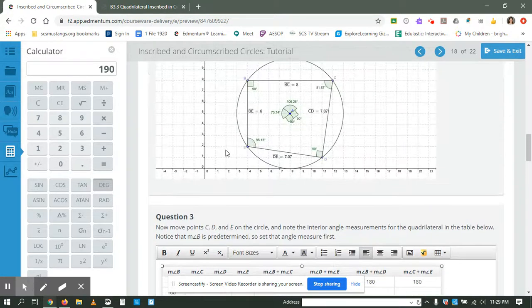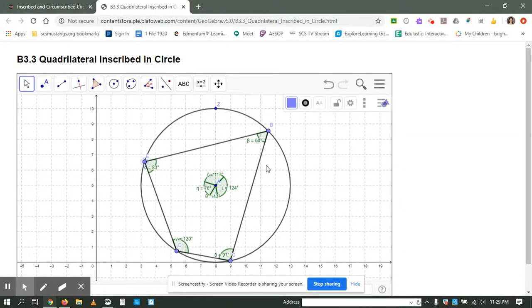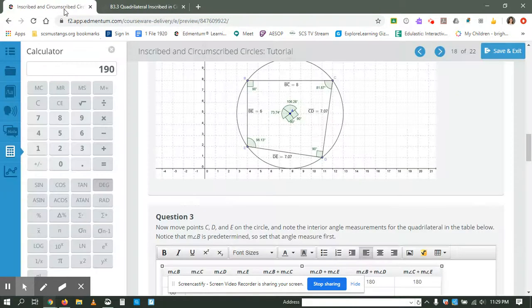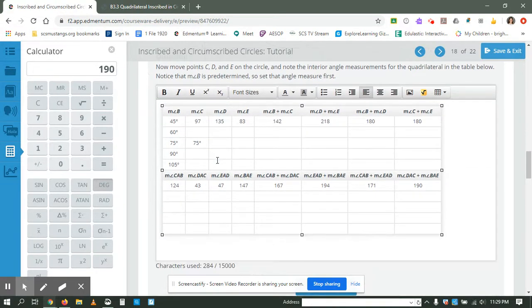So if we look at the picture that we have, is there any relationship between those two angles right there? Is there any relationship between those two? And is there the same relationship? So if we're looking at our table, the measure of angle B plus the measure of angle C, and then D and E, these are our consecutive angles. So is there any relationship? You're going to have to use the data that you have all the way through the chart to see if there really is any